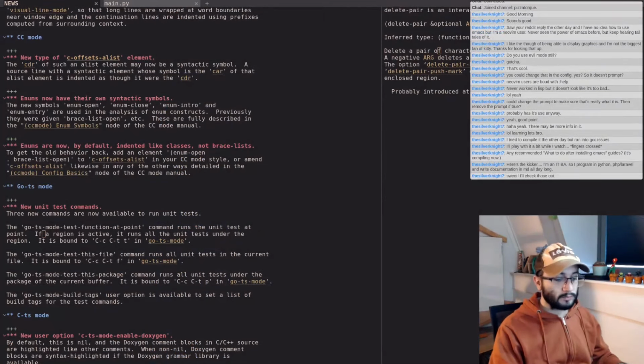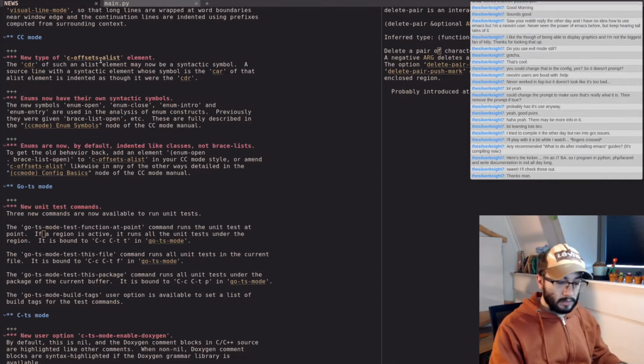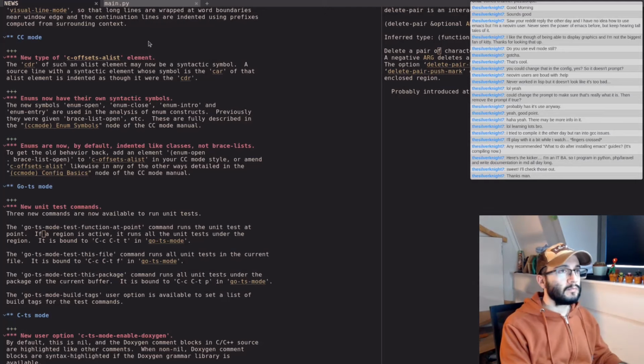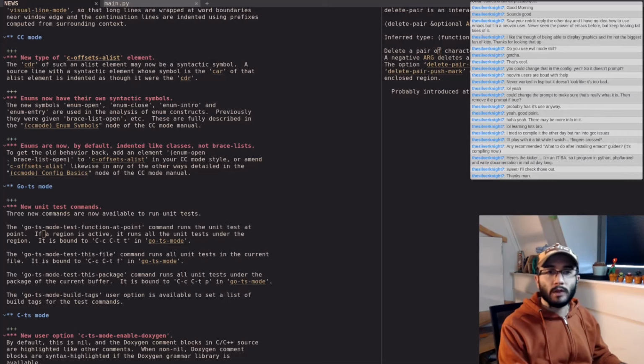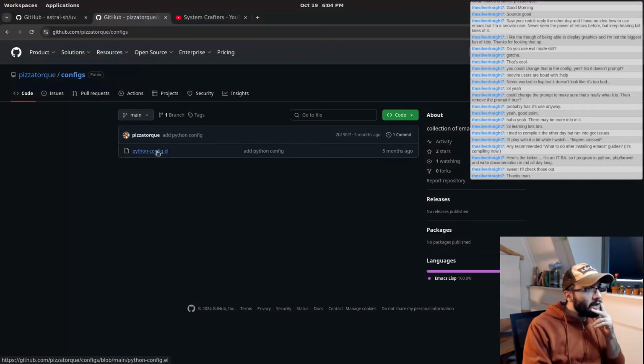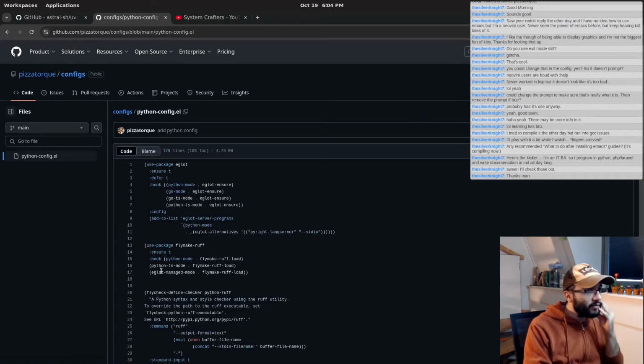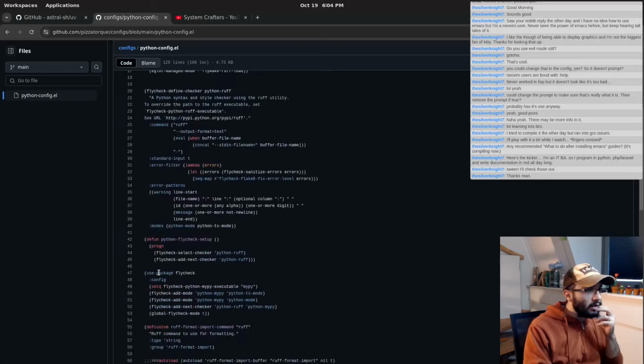Actually, let me check if I can. Do I have configs? Yes. So, oh, gotta change the scene again. Do I have only one config that's just the Python config? Yes, apparently so. So here I have some stuff that you can just use to have ready a few things with Python,